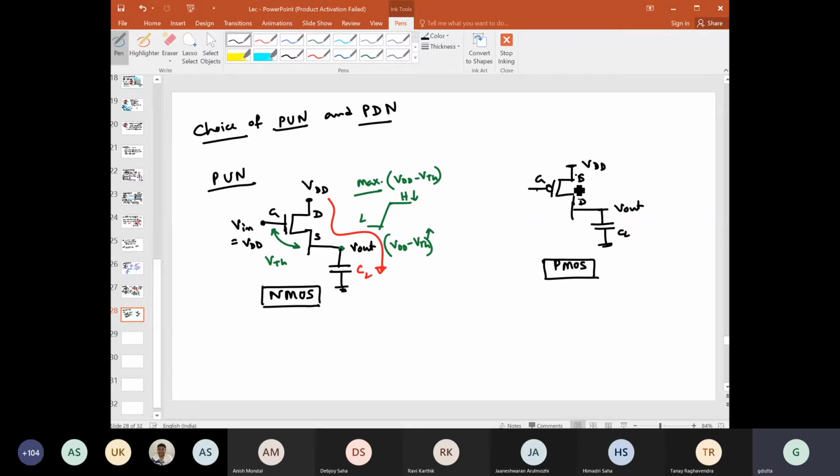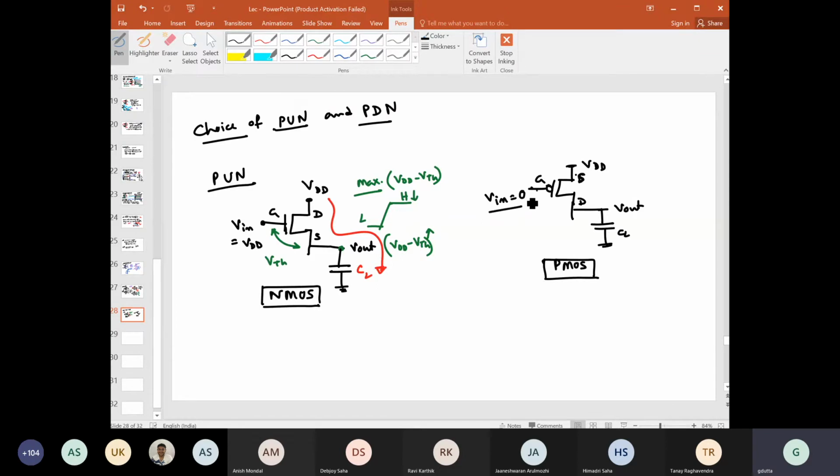This transistor has to be on. That means VS is already connected with VDD, so at the gate terminal the potential has to be negative, meaning VG has to be negative with respect to the source. The source is already connected with VDD, so the minimum voltage you have to apply is 0, since the levels are 0 or VDD. So when V input is equal to 0.